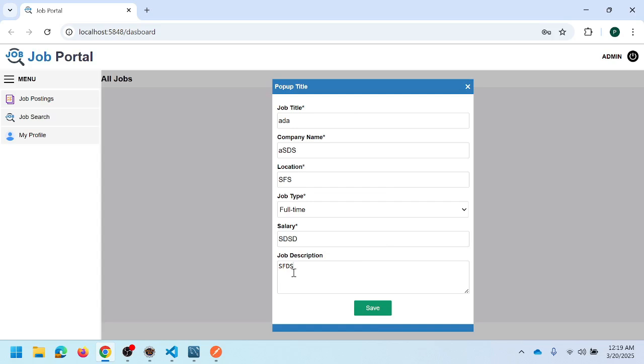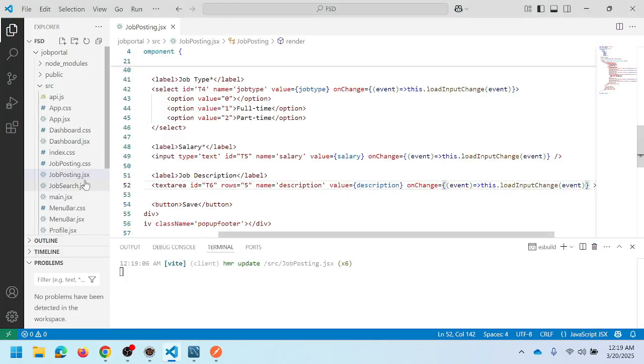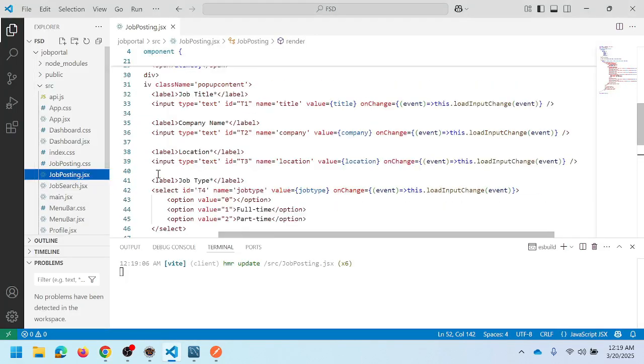After providing inputs, the user clicks on the save button. This data will go to the backend project and be saved in the database. So we need to integrate the API. Go to jobposting.jsx,